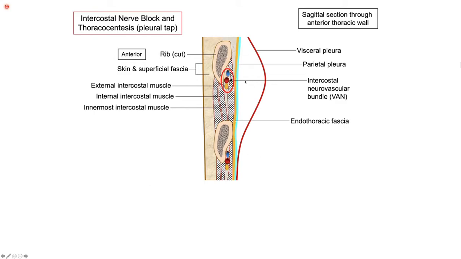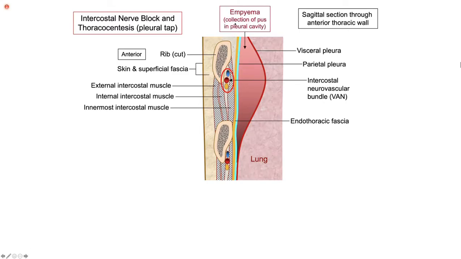If blood comes here, I'll call it hemothorax. If air comes here, I call it pneumothorax. Similarly, it will be compressing my lung, which is next to it. So now there is my lung. Look at it, it's been compressed in this area. And there is some fluid here, filled with fluid. That fluid is empyema, a collection of pus in the pleural cavity. What is pus? Pus. Empyema thoracis, that's the name of the condition. Pus has accumulated within my pleural space between my parietal layer and visceral layer.